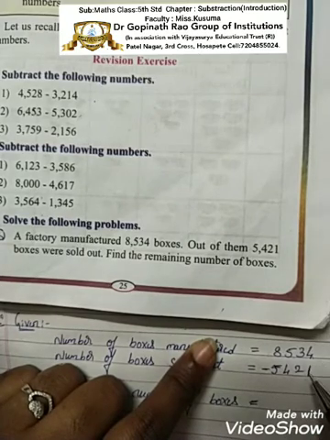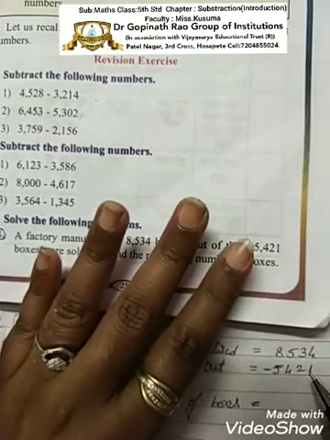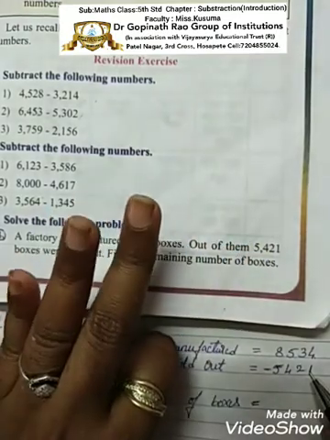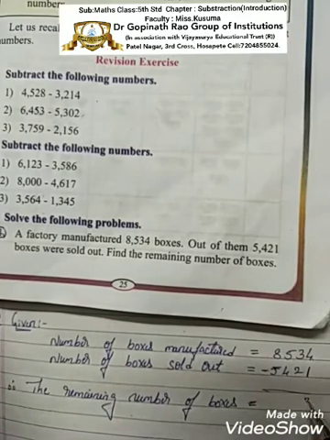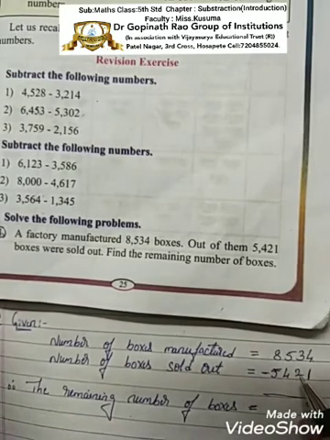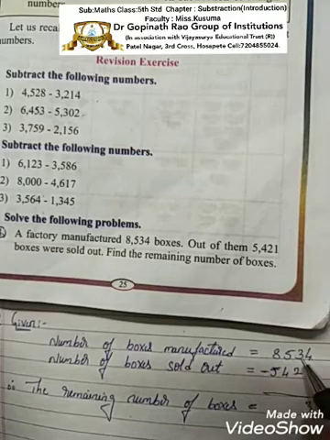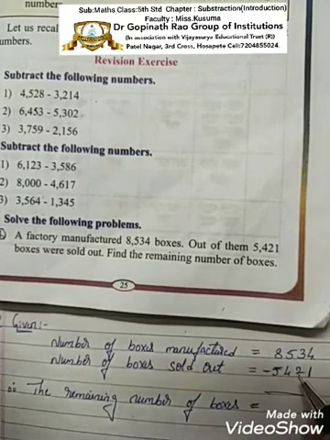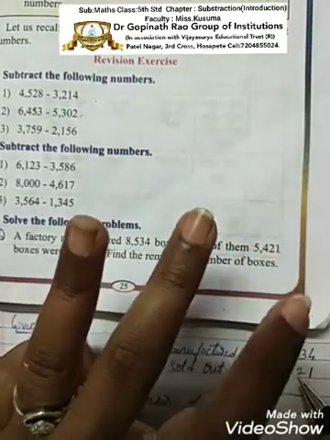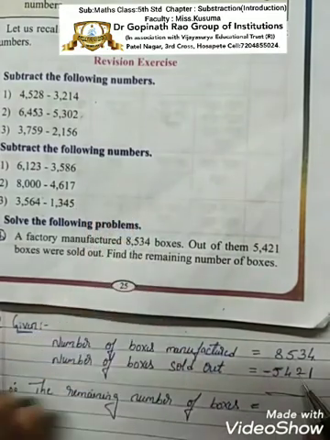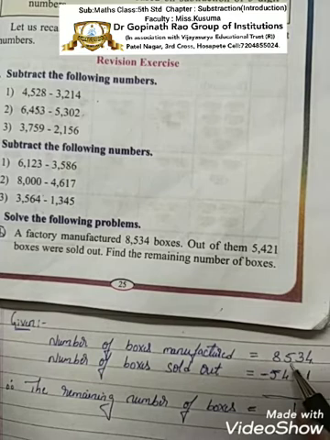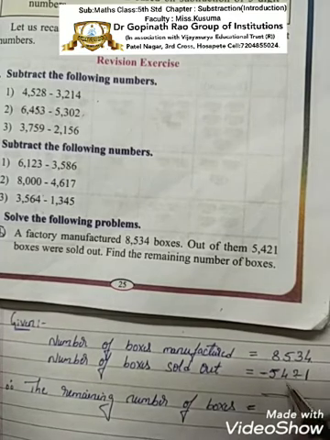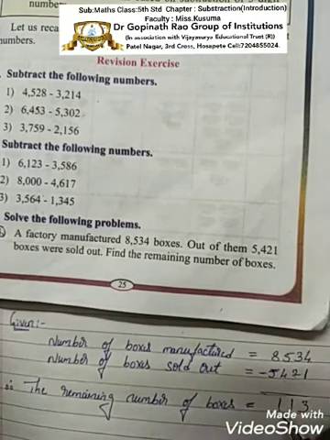Therefore 4 minus 1 is 3. Okay, it is 3. Next come to tens place. What you have in the tens place? 3 minus 2. 3 minus 2, close 2 fingers, you are left with 1. 3 minus 2 is 1. Next 5 minus 4. 5 minus 4 is 1 again.